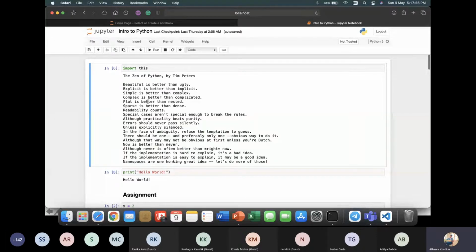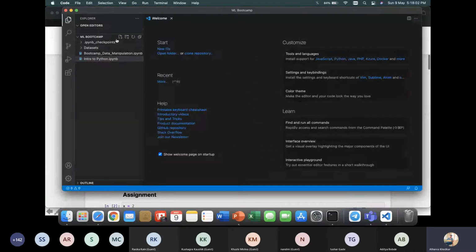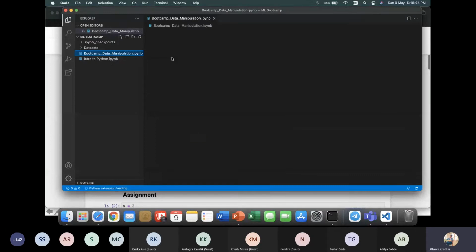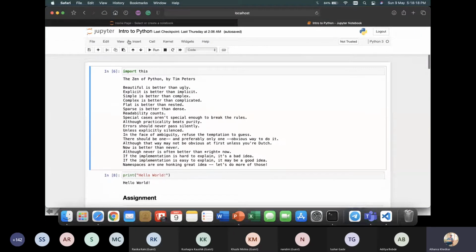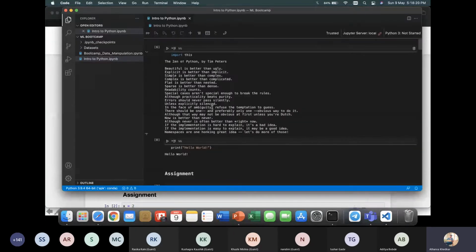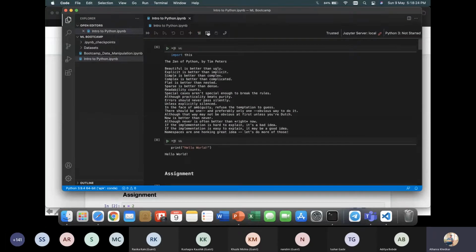Okay, Prathamesh, I just showed you VS Code. Actually, I loaded these notebooks in VS Code as well, but I don't like how these notebooks look in VS Code. I prefer normal Jupyter over VS Code. So this is how it looks in VS Code, and this is how it looks in Jupyter. So I prefer Jupyter. I don't know why. And just for notebooks in Python, for scripting, I like VS Code very, very much.